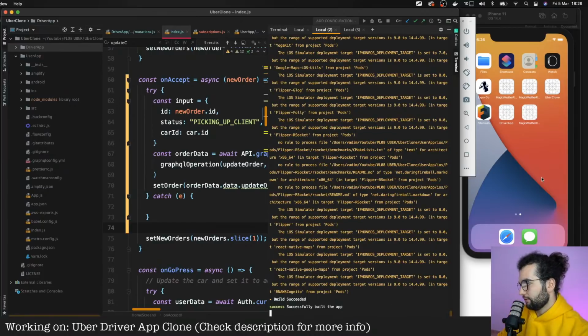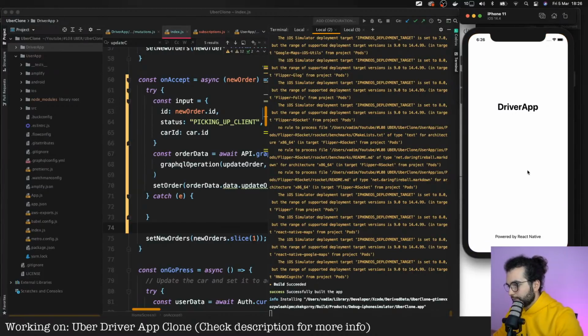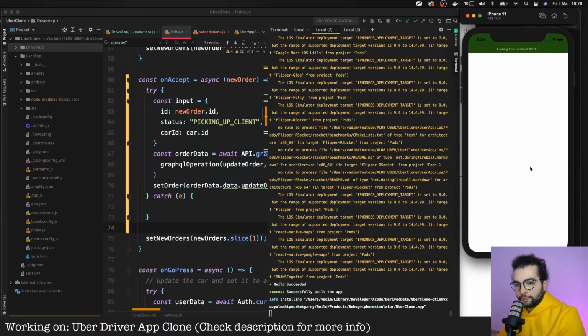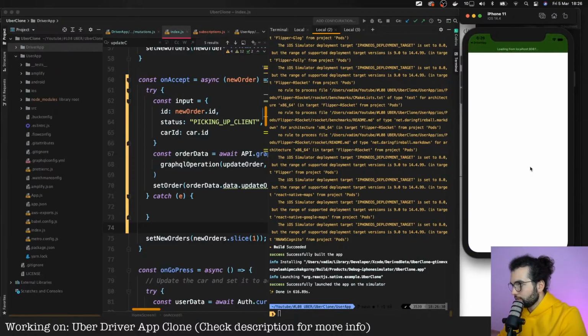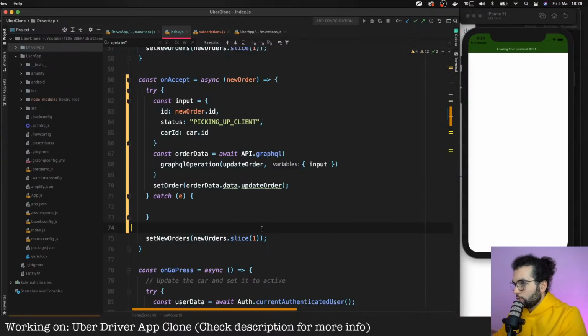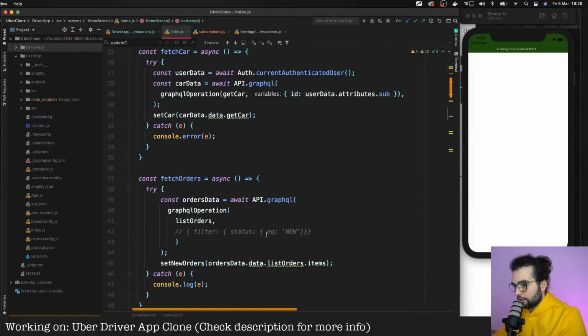Okay, build successful. So driver up. And one more thing, we can uncomment this filter and see if it actually works, because right now we have this status new and we can test it properly.